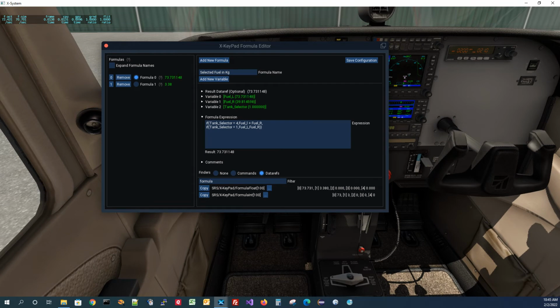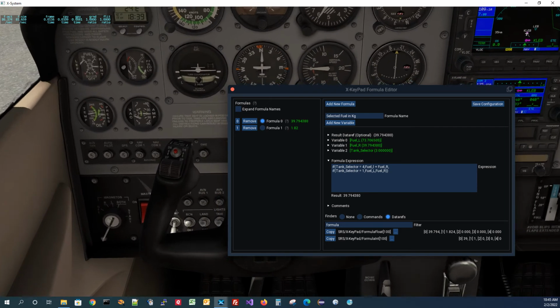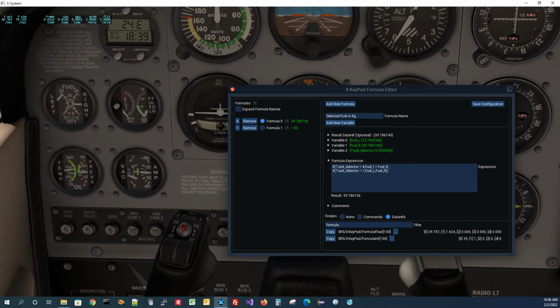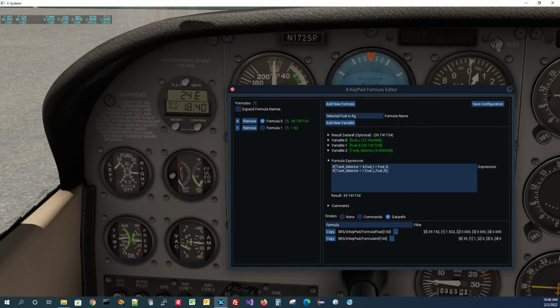The left tank's got 73 kilograms in it. Both tanks, the sum of that is 113 kilograms. And the right tank's got 39 kilograms in it. If I come over here and look at the fuel tanks, if I come in here and zoom in, you can actually see that it's showing that I have far more fuel in the left tank than I do in the right tank. Okay, and that result is getting stored down here in this formula float array into index